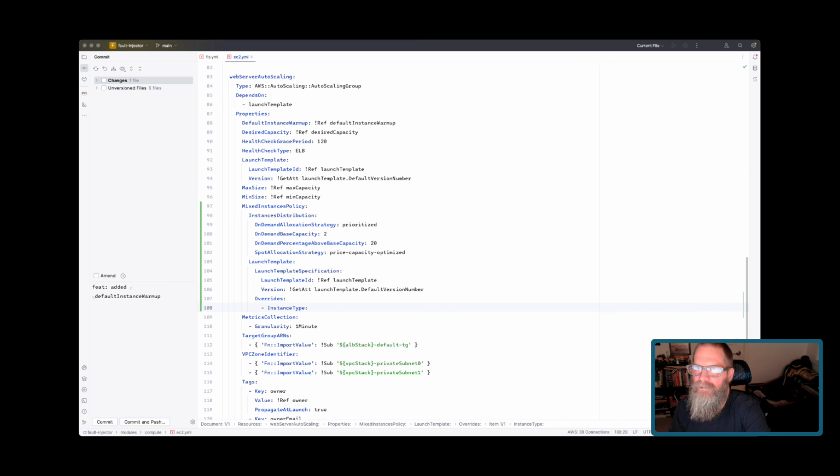Where did that template thing go? Okay. So we're gonna say T4G nano. If it's a string, is it just like this? T4G small,